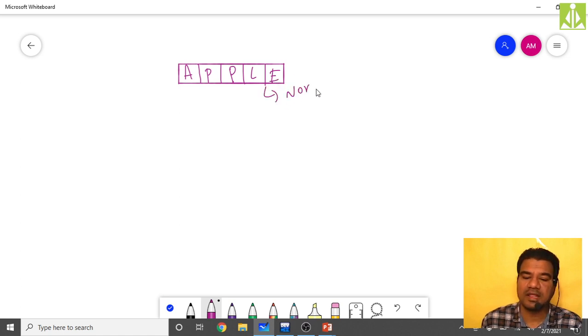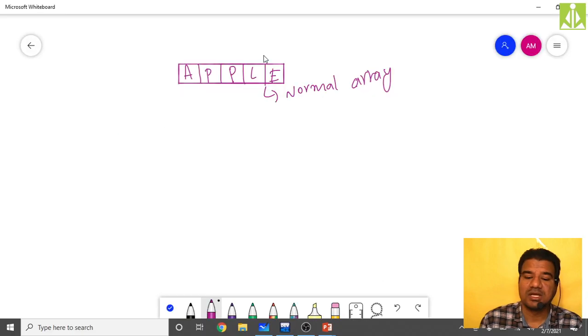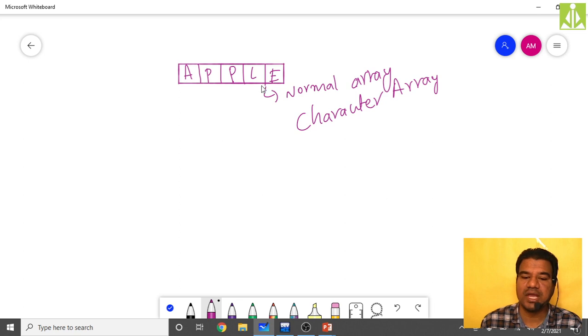Why a normal character array? Because it does not have the last character as the delimiter. So it is a character array, and moreover it is not a string. It is only a character array.